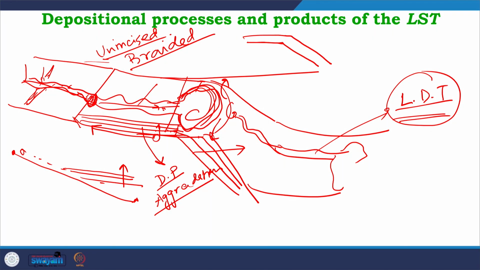So, when this entire process is going on during the LST, the coarser sediments are getting trapped towards the shallower part, towards the coastal part of the basin, because the water level is rising now. So, the coastal area or the shallow marine part is becoming the high energy zone where sediments are getting distributed and they are getting locked up over there. So, from the shelf edge onward, or maybe even within the shelf area, the supply of the coarser fractions is a little bit scarce as their supply is restricted now.